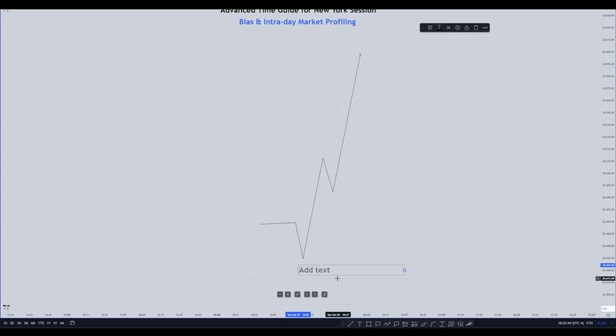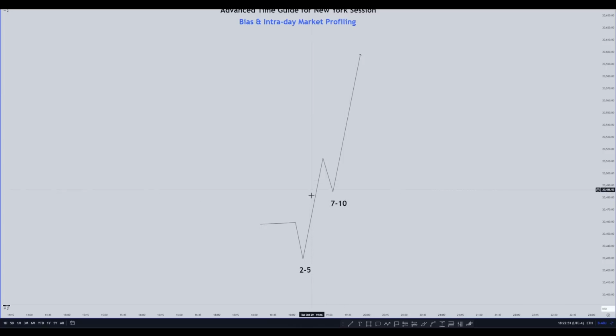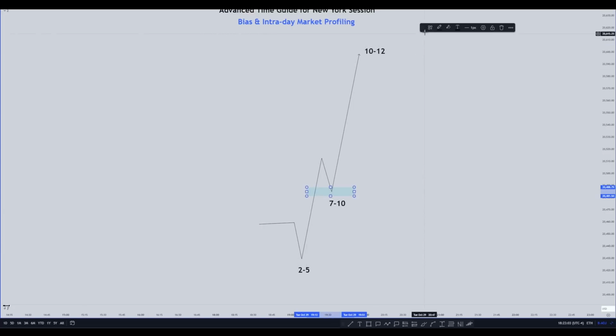So for this example, we have 2 to 5 down here. We have 7 to 10 creating our retracement entry, and you can see this would technically be our IRL to ERL. I'm going to leave most of the price points out for you to understand. Obviously, in that screenshot you probably took of the previous one, there's price points in there, so we know that this most likely is going to be a form of an IRL. We'll have SMT at the reversal point, we'll have SMT during the New York session, and we're obviously reaching for some sort of premium array. In this case, we'll say buy side, external range liquidity. So in this profile,